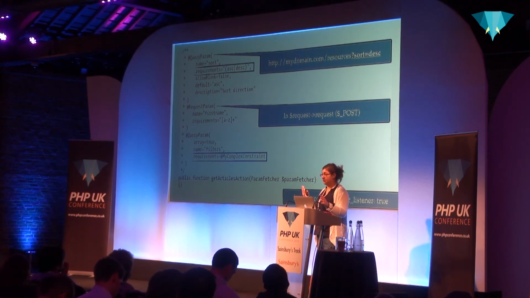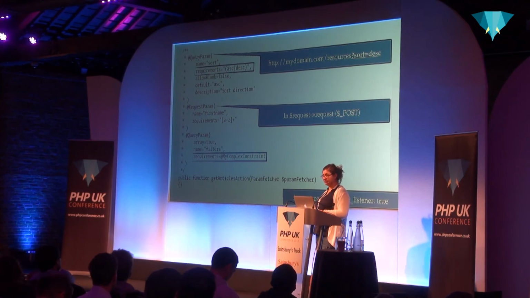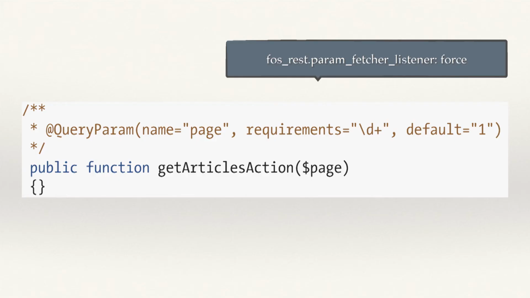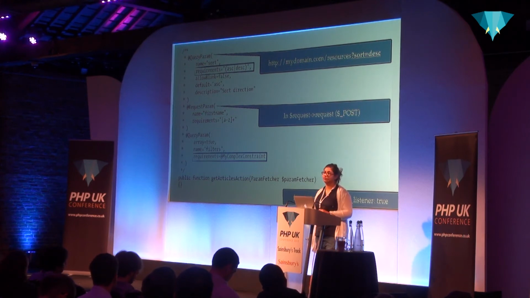So it's the same thing as you would have with the placeholders. And in here, I don't allow actually that the sort is not provided when I request this resource. There is a default to asc if there is nothing. And the description, you will see that it's really important when you will do some documentation around